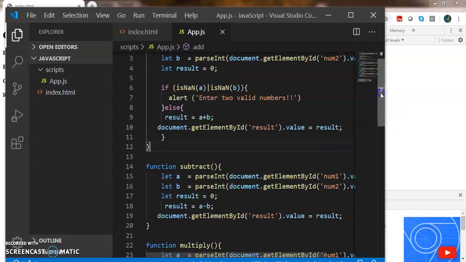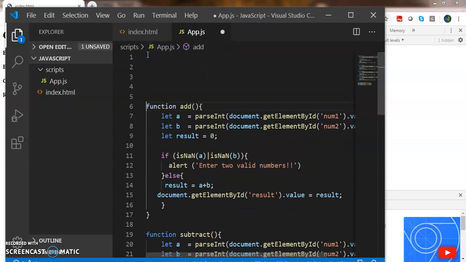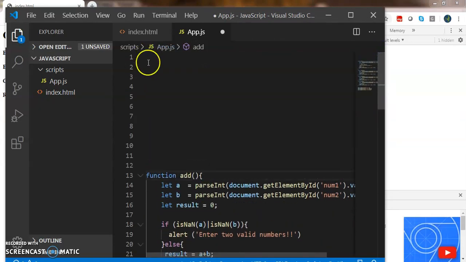So we start creating the individual functions for each operation. We create a function for reading the numbers.